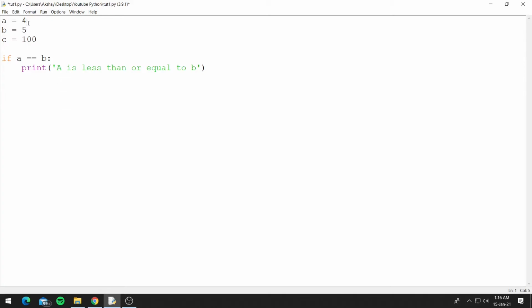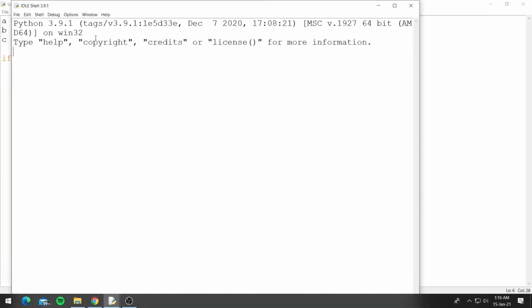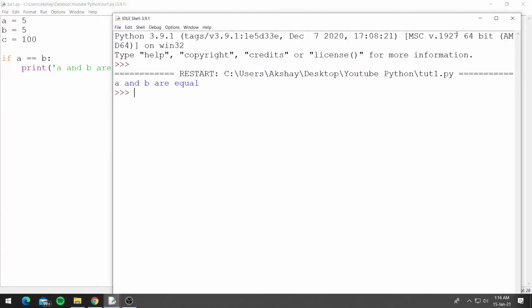Let's say a and b are equal, 5 and 5, which are obviously equal. Let's run this. And yes, it printed.